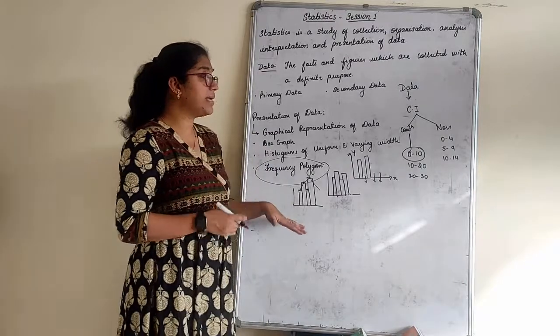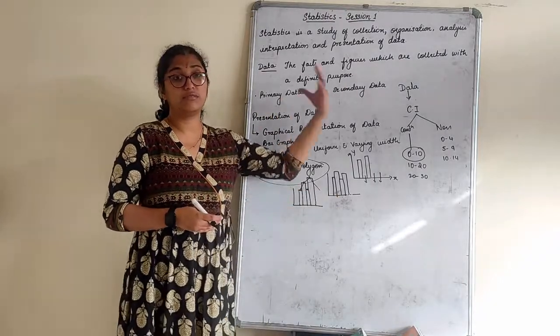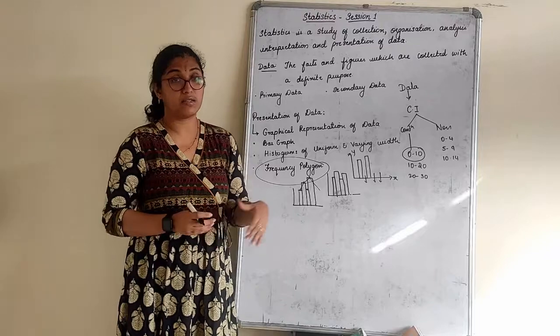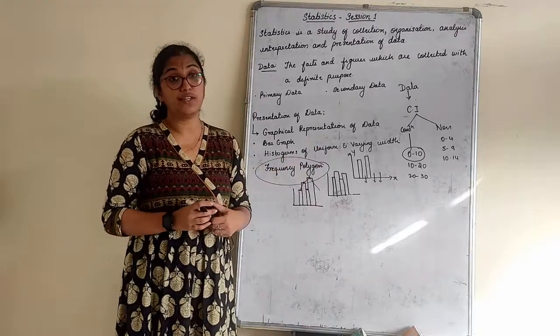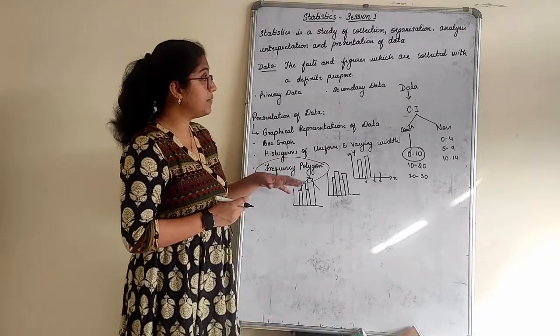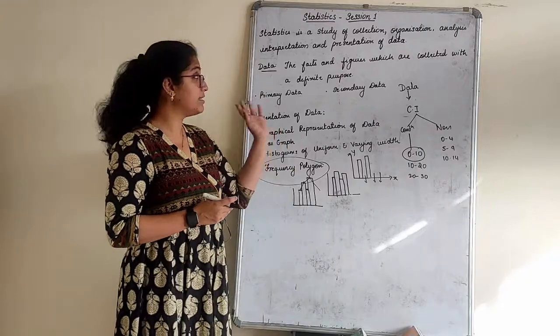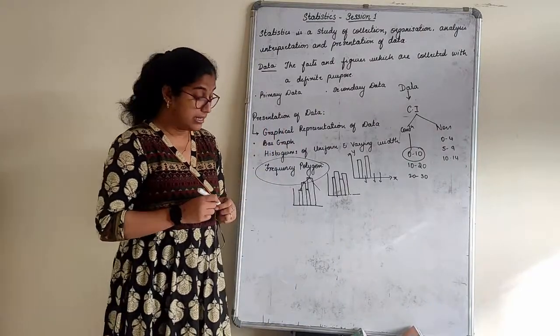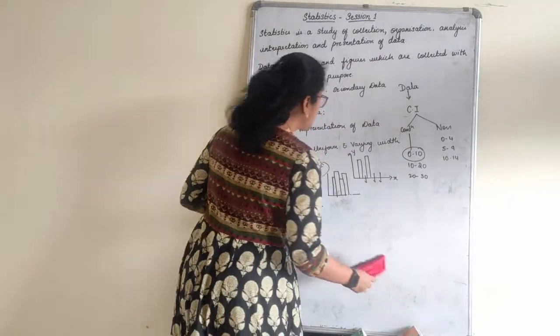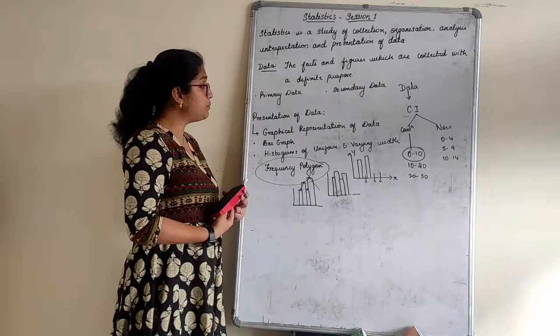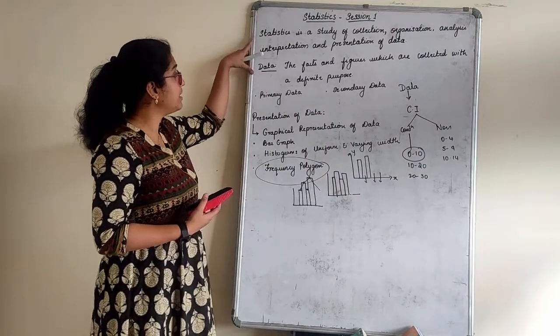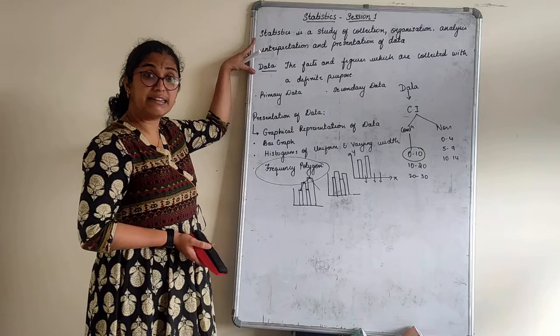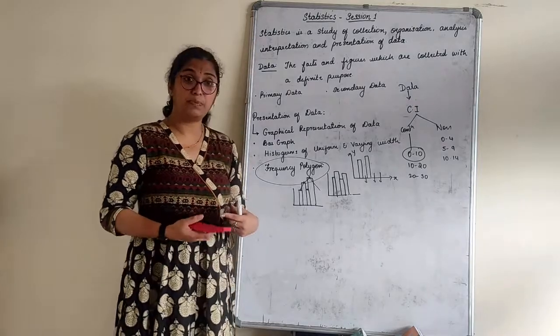So these are the basic terms and terminologies of the chapter statistics. In the first part, we are going to study how to arrange, organize, analyze and interpret data. The second part of this, now what I have explained, children, I have only given definitions for these two, statistics and data. The remaining part I have just explained.